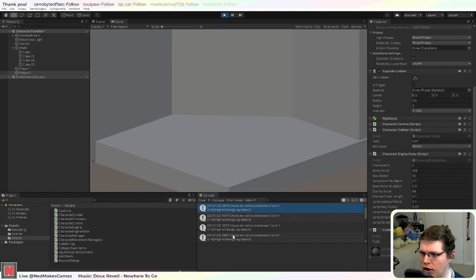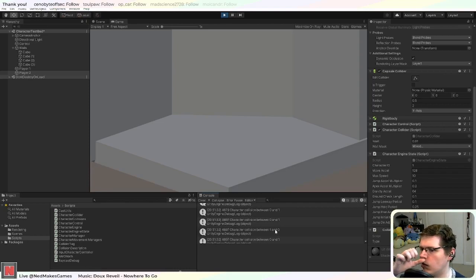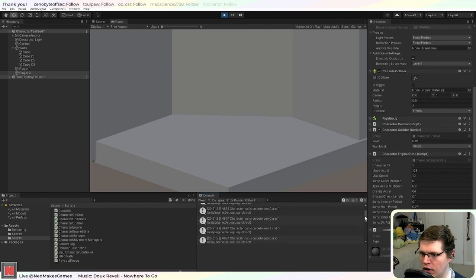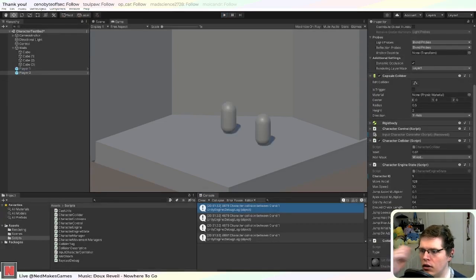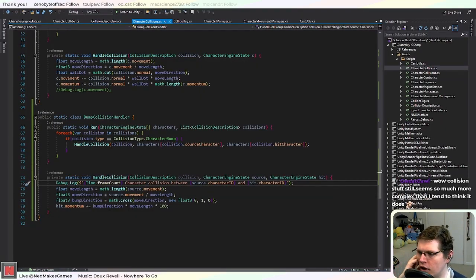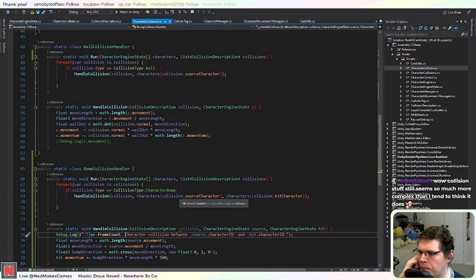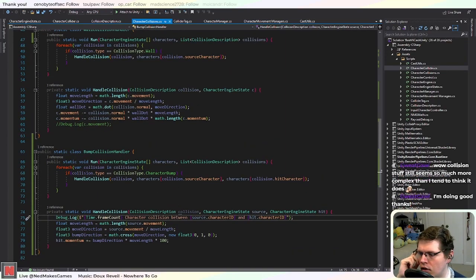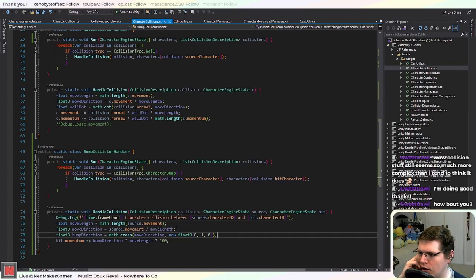Okay, and then it finally moves to 87, and then we get a collision between 0 and 1. Okay, so now character 1 has momentum. And so now they're kind of colliding with each other. So there's 2 problems, I think. Since I don't zero out the movement at the end of the frame, they just keep on colliding. So I could just set the movement to 0, and that would fix that, but